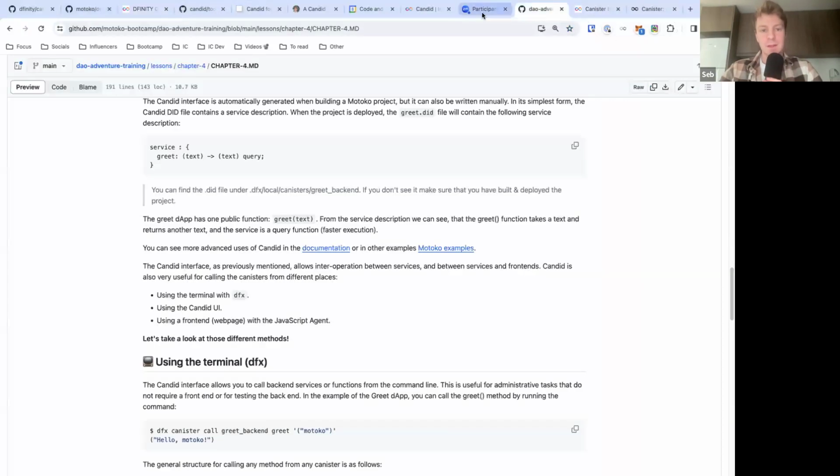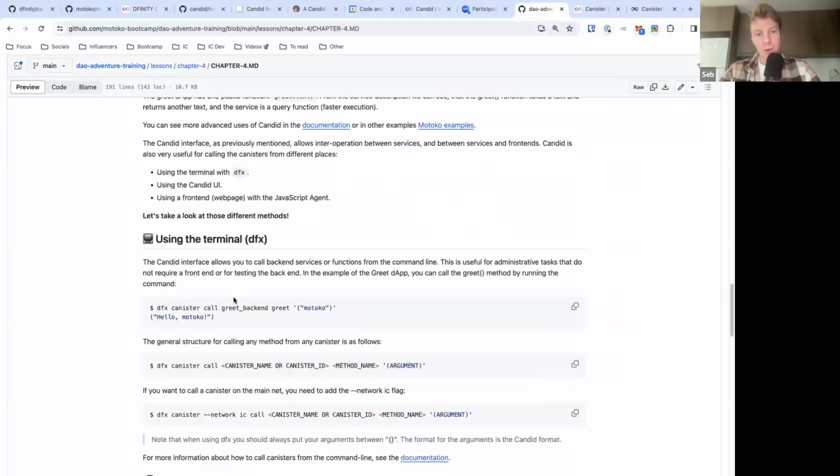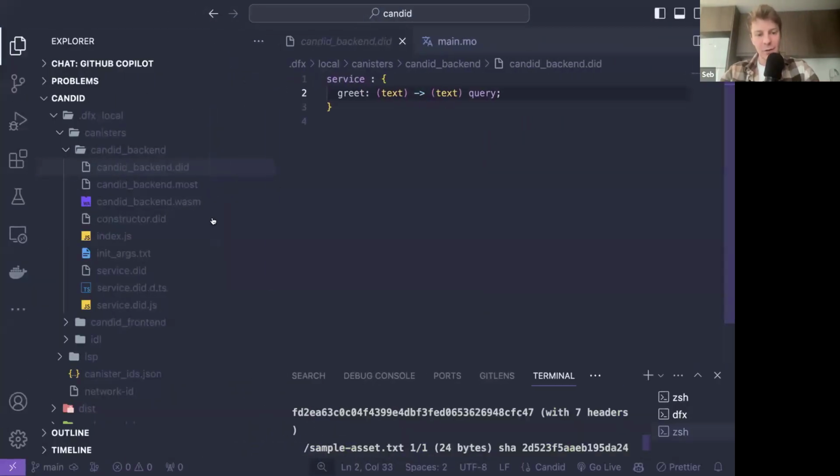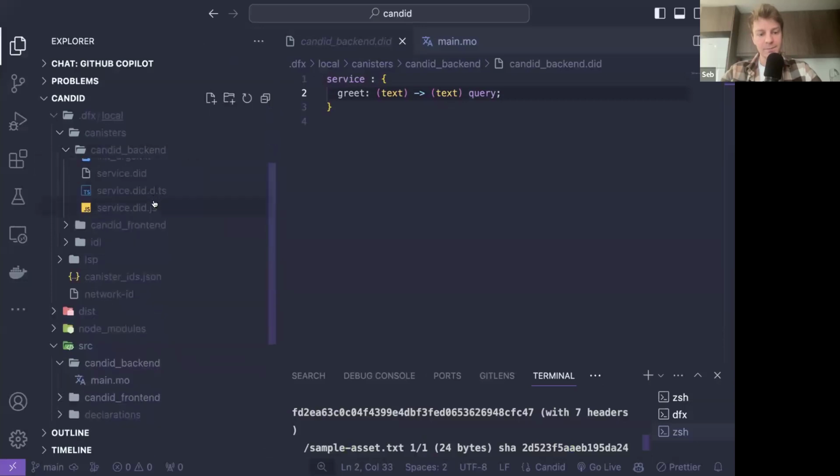Okay, so that's the Candid UI. Of course, we also have the terminal, as I said, and finally, we have the front-end way to interact with a canister. So through a JavaScript agent, and the JavaScript agent leverages the Candid file. So here, if I look at all the files that are generated for me,